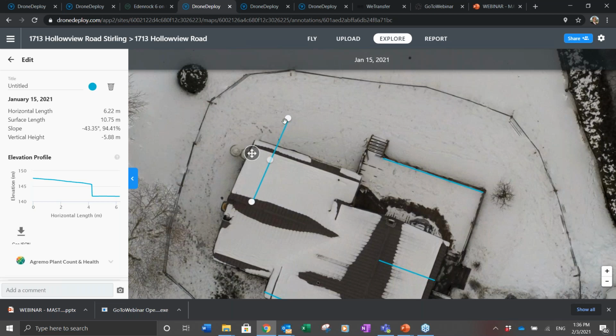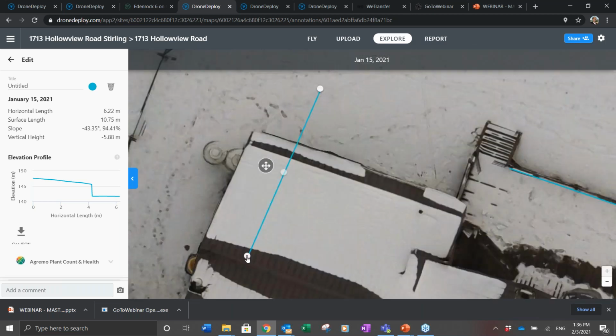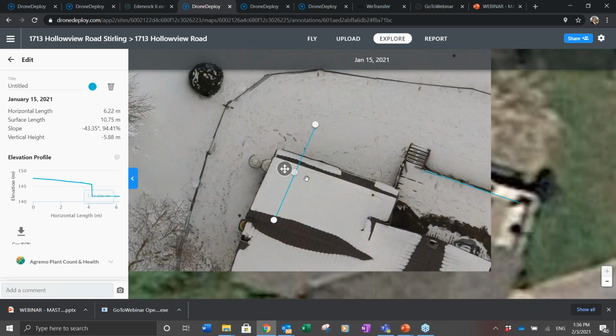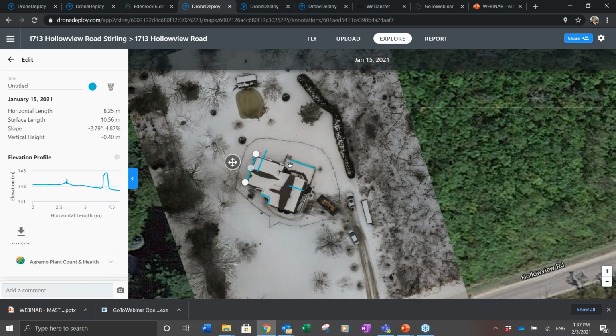And if you notice on this map, with the software DroneDeploy, you can cut any path through any structure or anything, and you can see here, for example, the slope of the roof, the difference in elevation between the roof and the ground. That's technically the height of the house, and the same way you can draw another path to get the exact dimensions of the house, and also the same way for the site plan. And of course, you can use the same thing for large losses if you want to see the extent of the damage